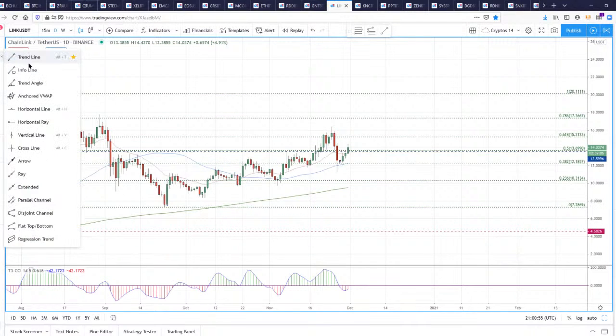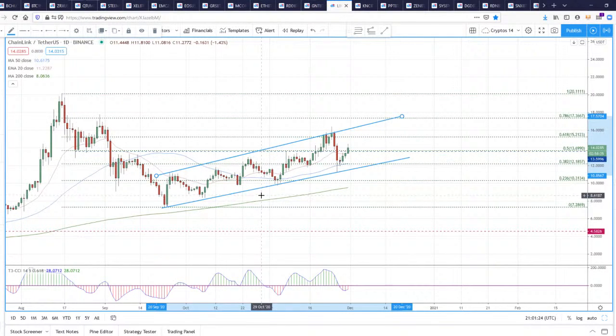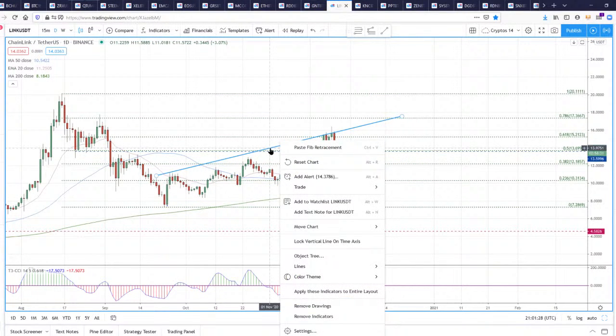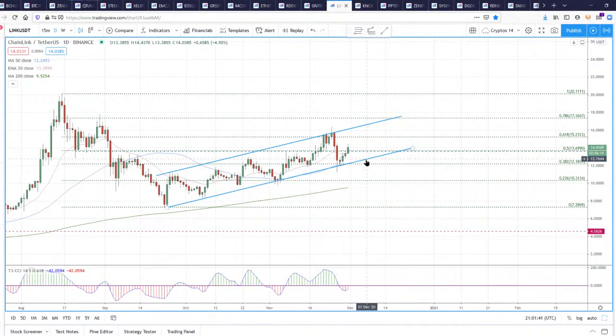We've got a really nice channel going on here, I think. As long as we stay in this, here we've got 3 touches on the bottom. I'm going to try and clone it so it's a parallel channel. Got too much going on, it won't let me. There we go. There's our parallel channel. We've had a little bit of a blip at the top. Let's draw on that side. I do want it to be a parallel channel. It helps my OCD. There's my parallel channel that we're in. As long as we stay in this, then I think we're still going up. So as long as we don't lose this bottom one, we can get rid of the top one and say, happy days. A bigger correction will be underway if we lose this